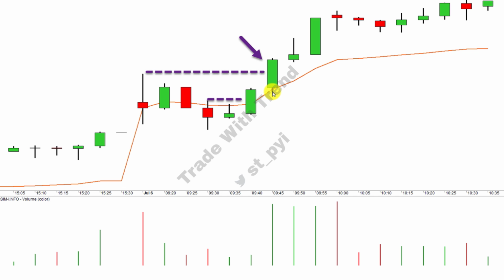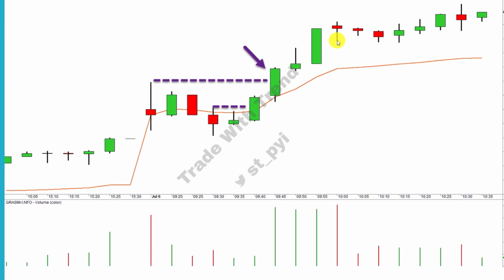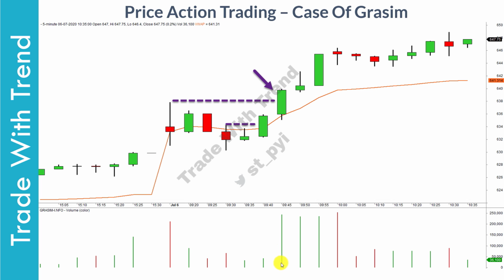This is a very common concept and this repeats day in, day out when it comes to trading stocks, that is with the VWAP indicator. And then price simply started moving higher. And look at the volume activity here.